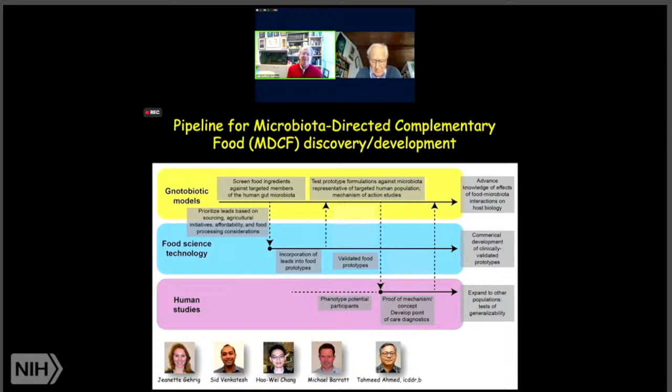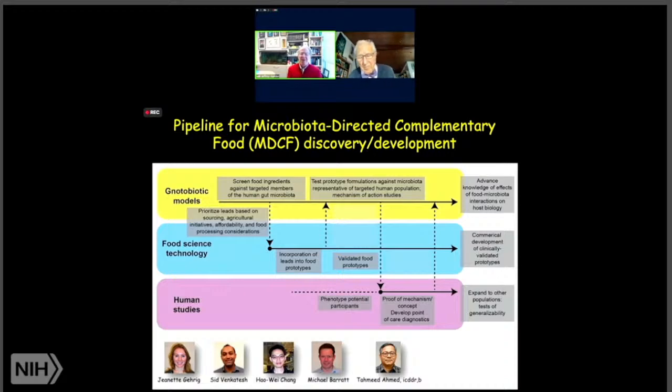If we got a hit, we would prioritize the hits based on the sustainability, the affordability, as well as the organoleptic properties of the foods, their taste, texture, and smell. Because if they didn't have satisfactory organoleptic properties, they would never be accepted by the mothers and, most importantly, by the children that are the targets for all of this effort.